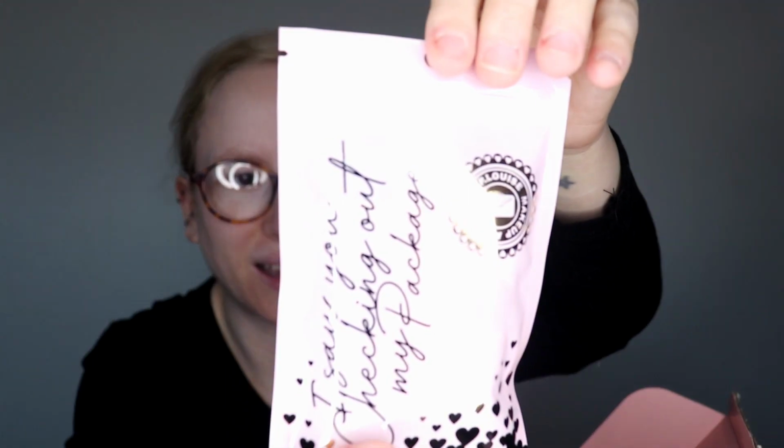And then next I have this wee parcel thing, and it says, "I'm yours." It says, "I saw you checking out my package," which is so cute. So let's just open it up and see what's in here. Oh wow, right, okay, this is a nice wee parcel. So in here I have